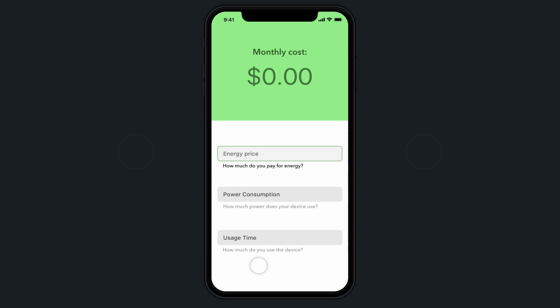Once the user gets into this view, at the very top, the heaviest part of the page is this nice big hero section. Monthly cost, obviously we haven't put any data in here yet, so the monthly cost right now is just 0. So if we let our eyes drift down to the lower part of the view here,